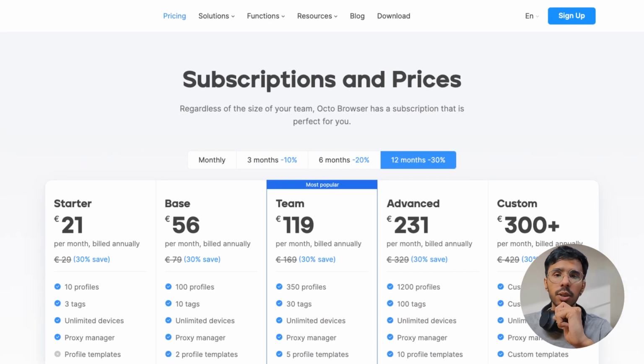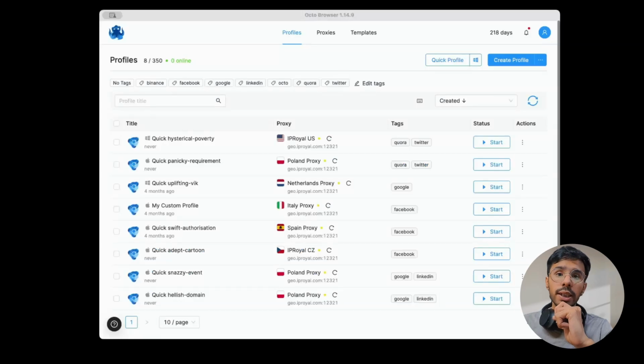And now we come to the initial setup part. I've already set up multiple profiles and added some proxies that I've been using for quite some time. However, I will show you how to create a profile and add proxies using tags and ensure the highest level of anonymity with Canvas fingerprints. Though everything is much self-explanatory here.